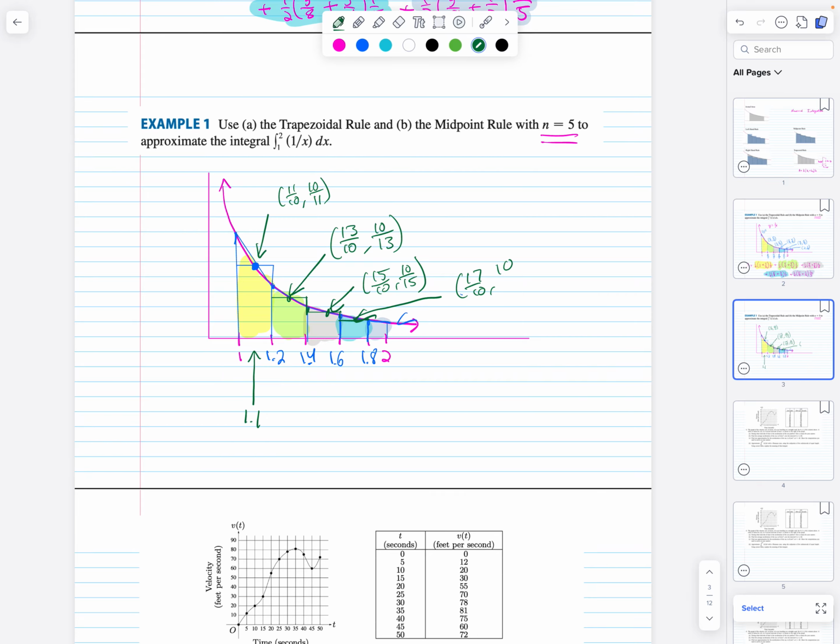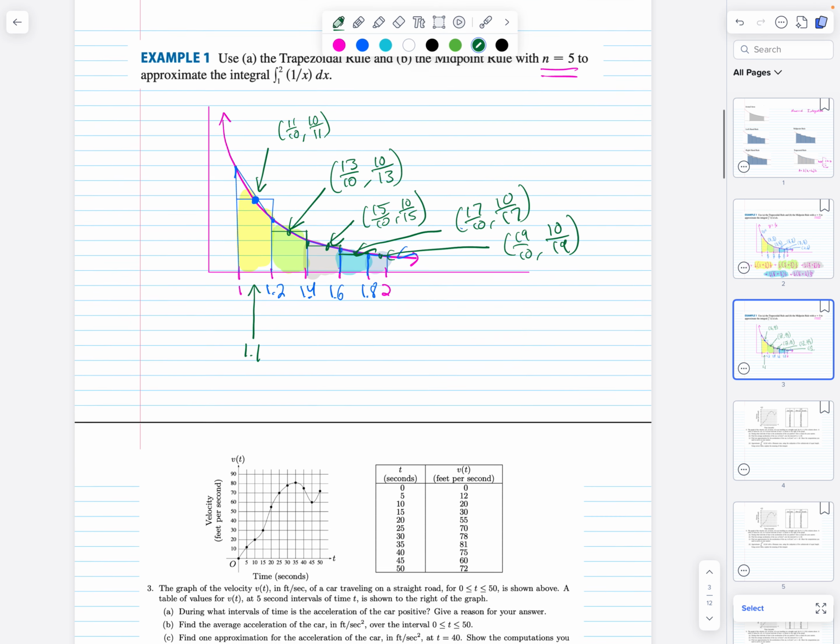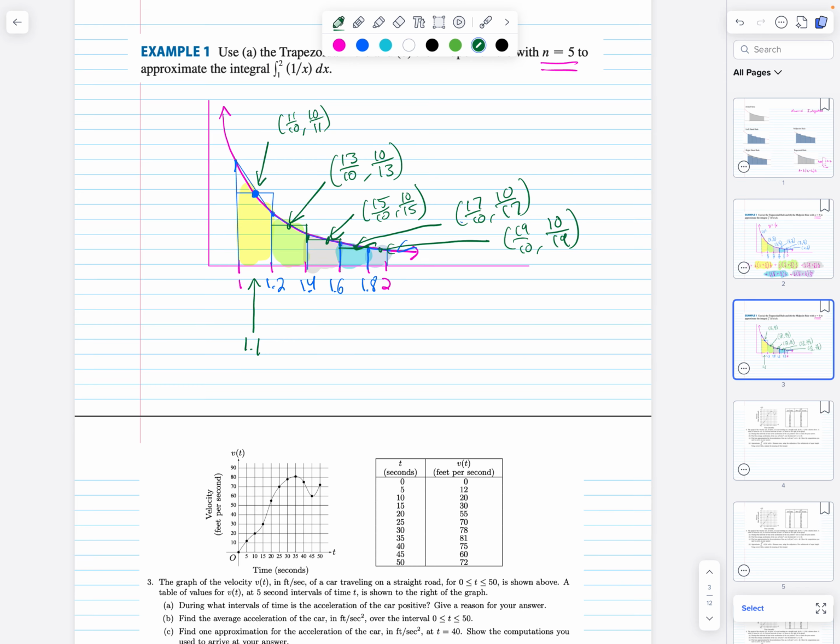I find the corresponding y values and I make my rectangles. So I've got 5 rectangles to find,